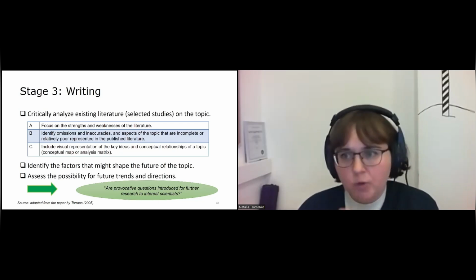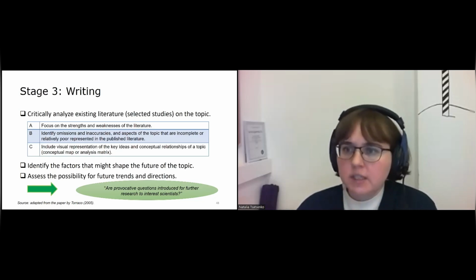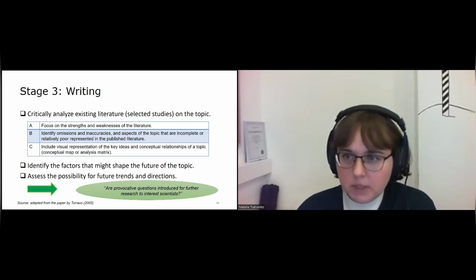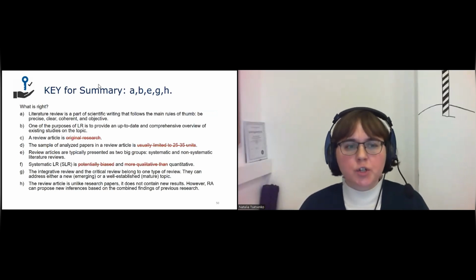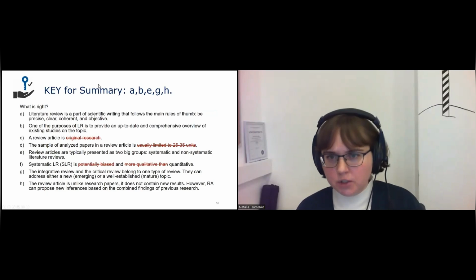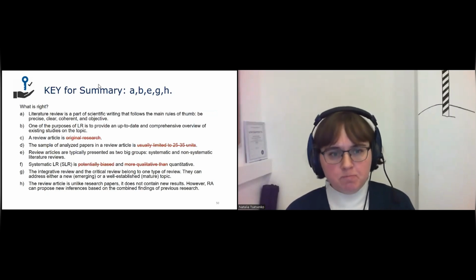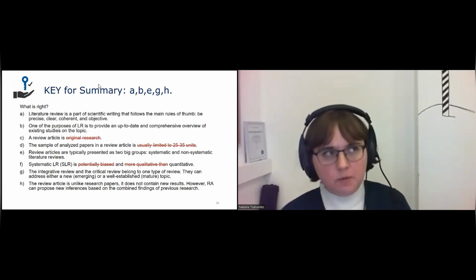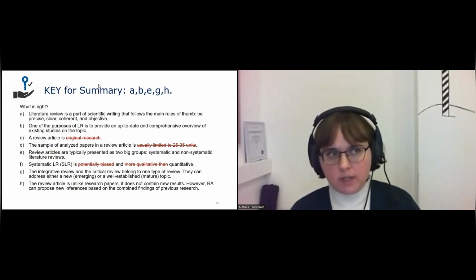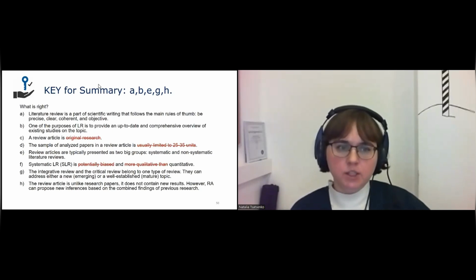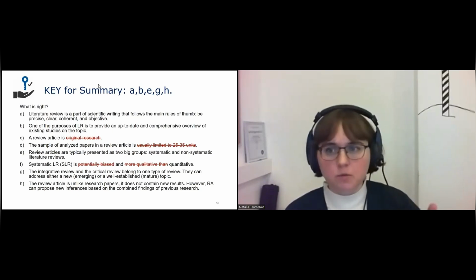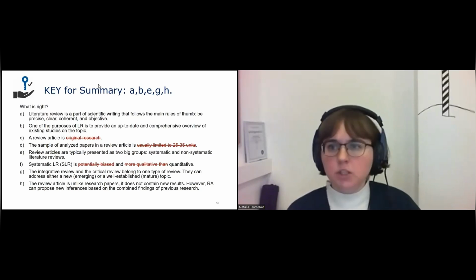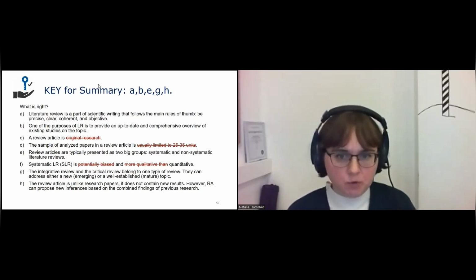So this is the summary we already discussed in the narrative review, and you can see there are some similarities. I remember there was some discussion concerning review article as a secondary research or original research. So the point explained before is, if we think from the perspective that we use other papers to make our analysis, we consider review article as a secondary research. For this reason, it is a false comment, but I remember all of your remarks before.